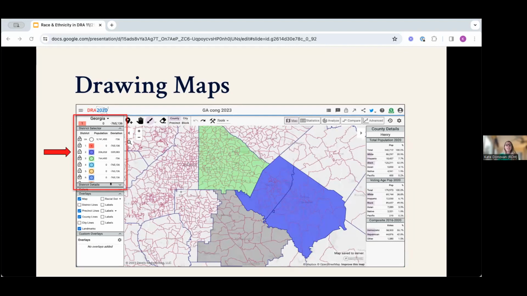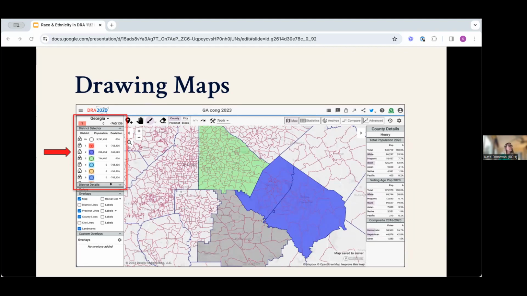If my interest is in the district level statistics, then with the same map, I can click on the left-hand side, the district of interest. In this case, let's say District 2, and then District Details, which will show me the racial and ethnic composition of my district in the map at present. So currently in this image, I have the radial button on 1. And so it would show me the details for District 1.